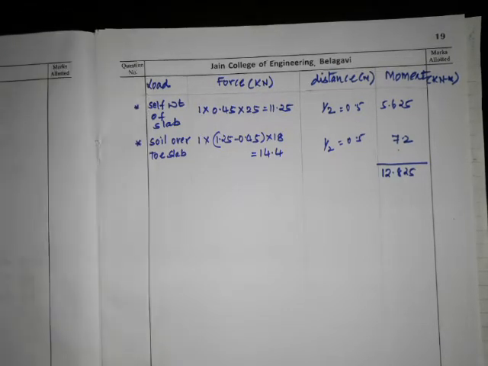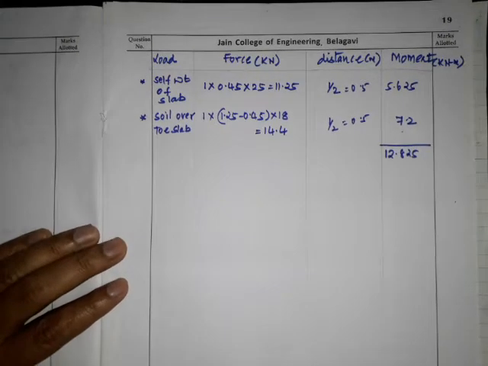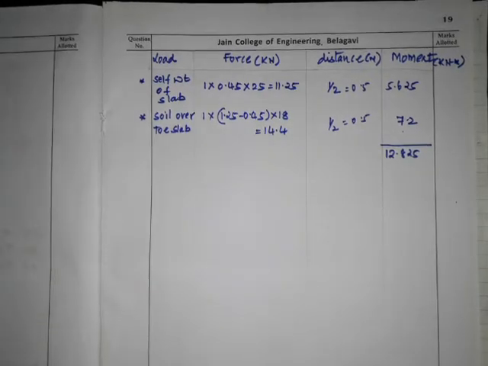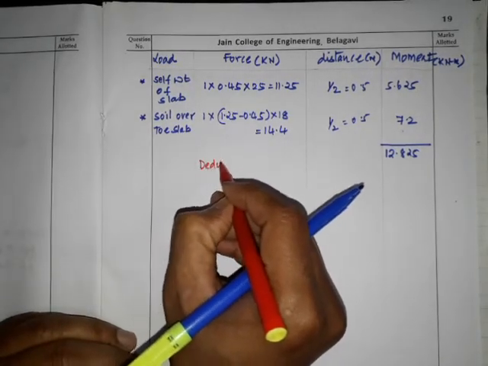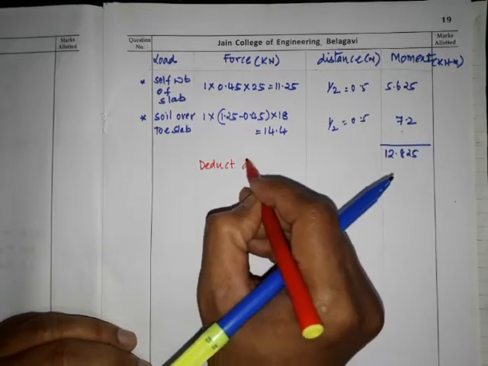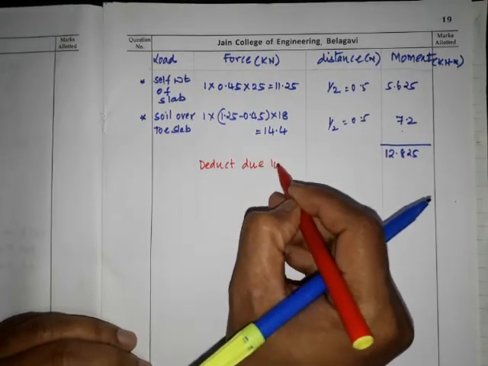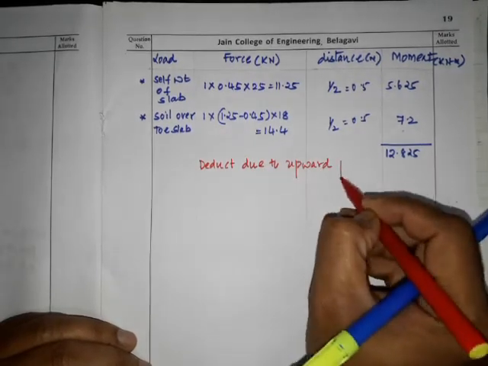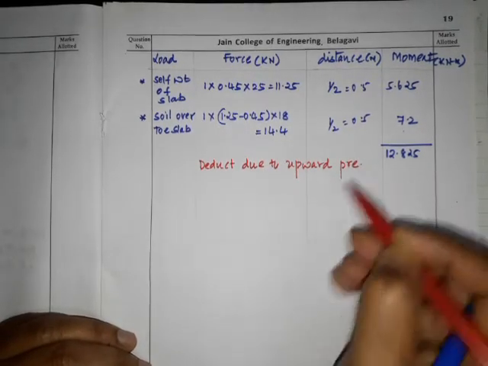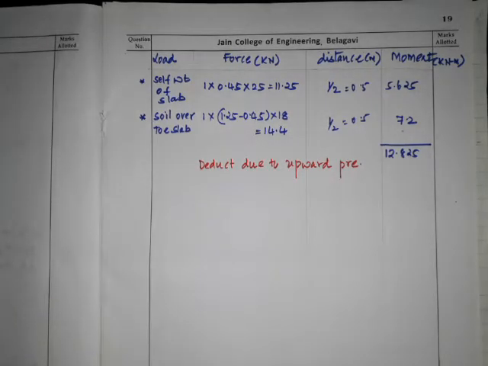Now we have to consider upward pressure. Deduct due to upward pressure. Okay. Next is again deduct due to upward pressure. So upward pressure we have